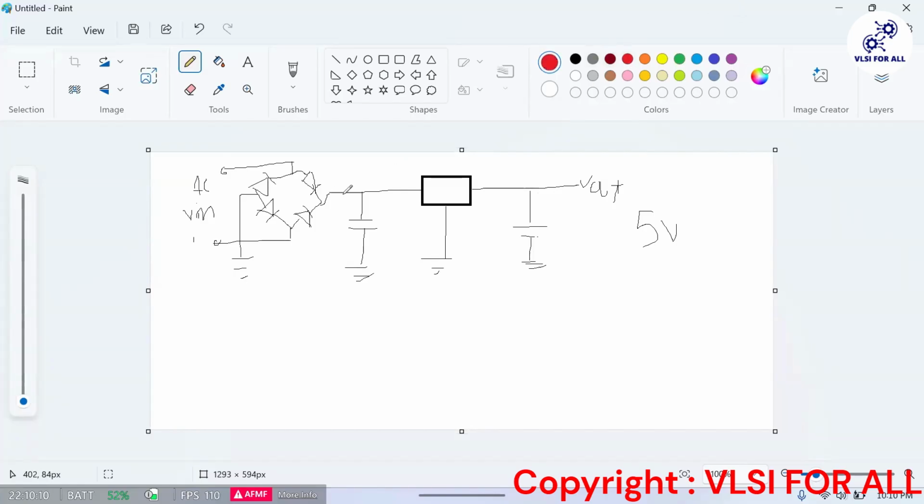In this input line only, what I did, sometimes what happens, you have a circuit. Okay, you have a big circuit. In that one, in SMPS, one power supply of 220 volt will be there. Then it will be distributed to everyone, and one center hub will be there from where all the high voltage DC will be passed on.